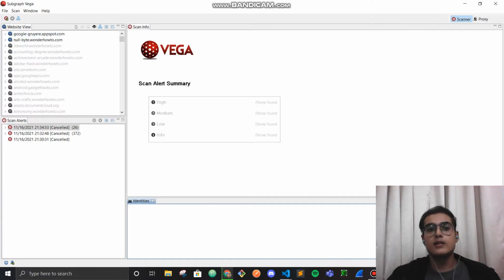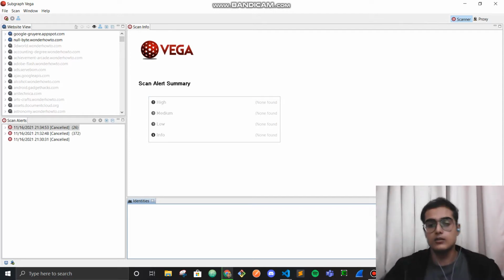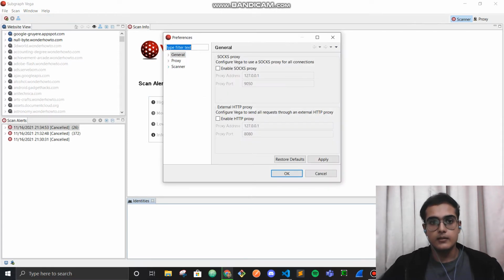So it provides us with a graphic user interface which has two modes, scanner and proxy. Scanner basically shows us while scanning what type of threats there are. It divides the threats into three categories: high, medium, and low. And it also gives some information about those threats. And proxy contains all the requests and responses the software has sent to the website while the scanning process is going on to scan the vulnerabilities that might be posed.